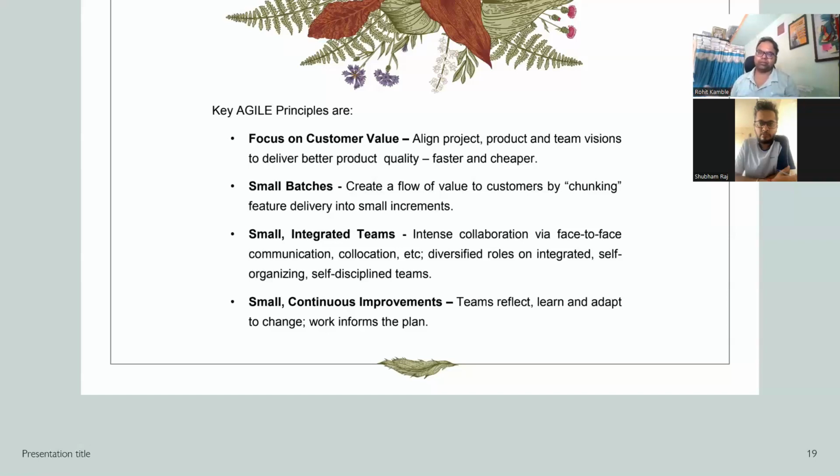We have to complete on time, and if you are not able to complete that task, you should be ready with your reason. Yes, a BA is always ready with the user stories and documentation. That is not a very tough task. And small and continuous improvement. Team reflects, learns, adapts to change, and work informs the plan. Means whatever the team, whatever the work